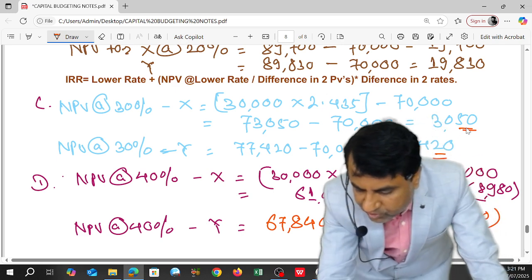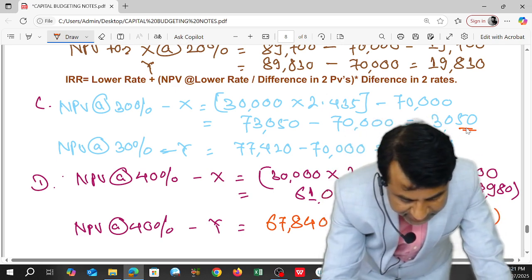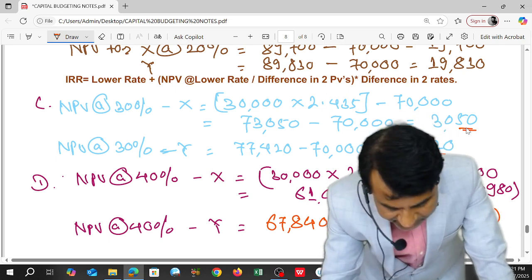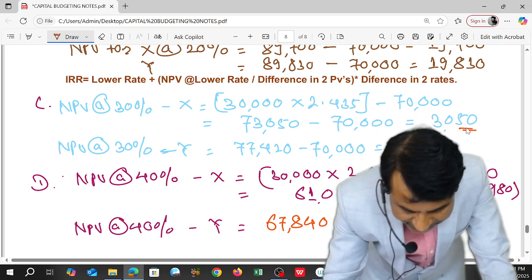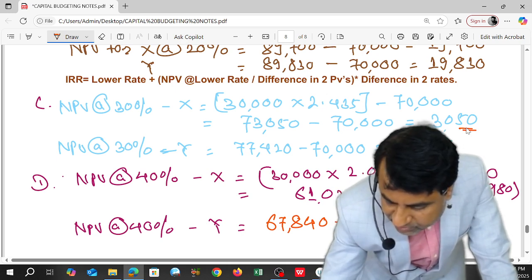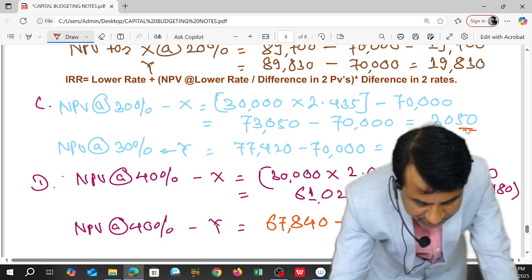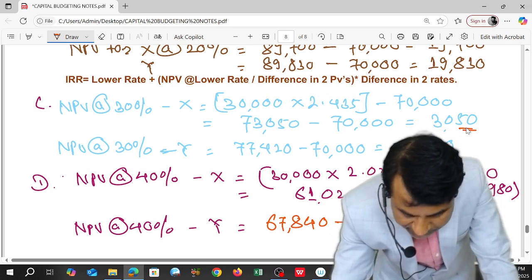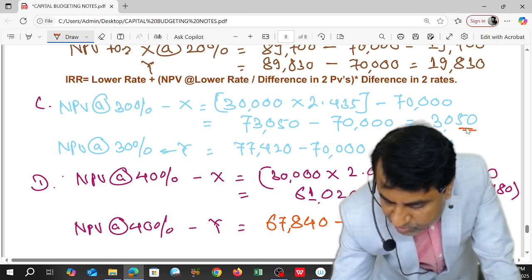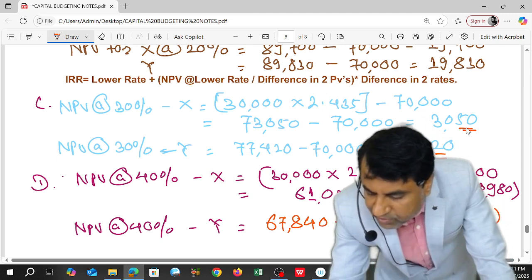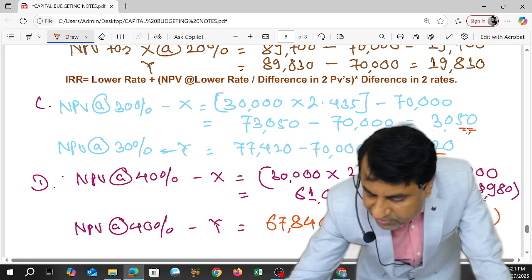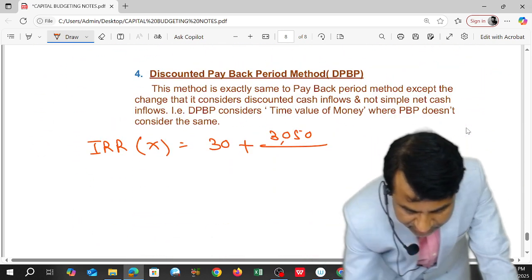So it is 12,030 is my difference between two PVs by formula there। या फिर मैं ये भी ट्राई कर सकता हूँ, 73050 is my PV for 30%, और इसका PV मेरा 40 का है 61020. So it is anyways coming 12,030। तो ये 12,030 आ रहा है मेरा, दोनों का डिफरेंस।